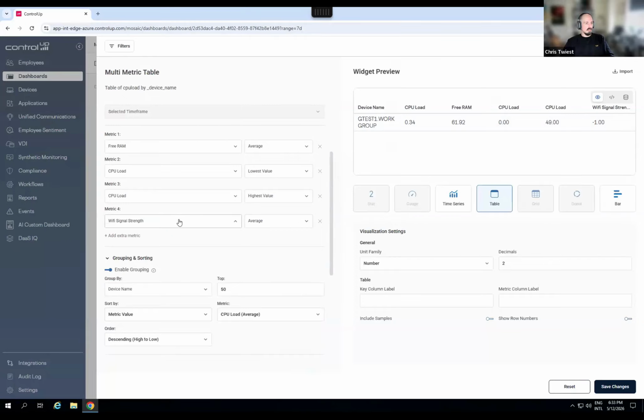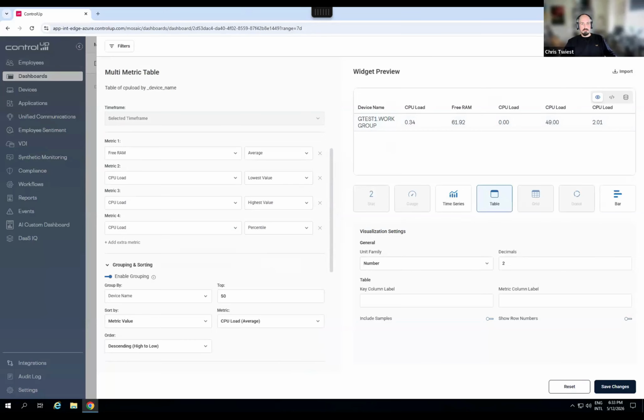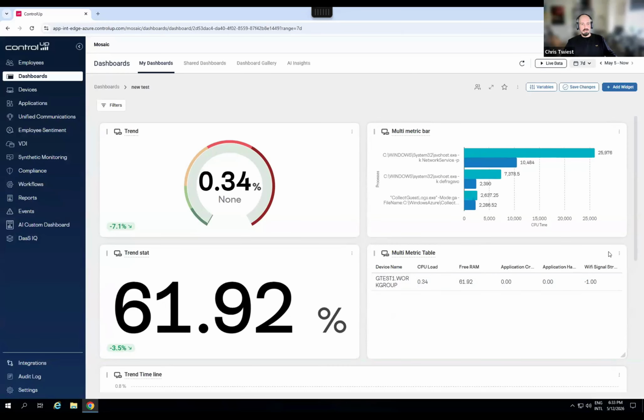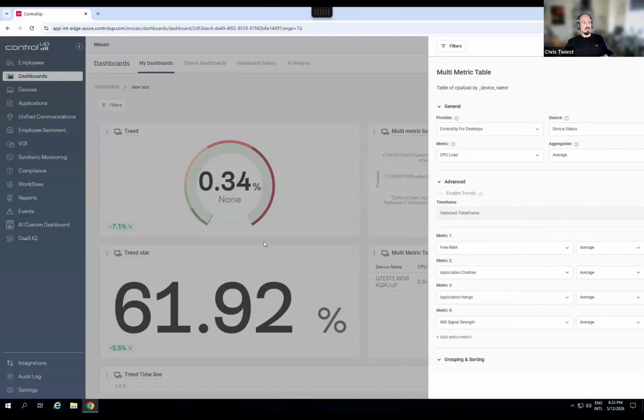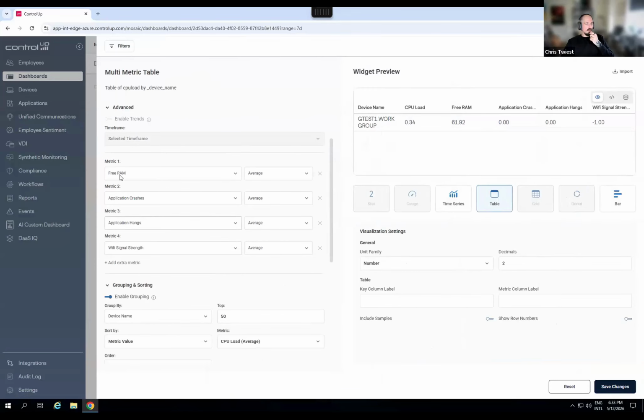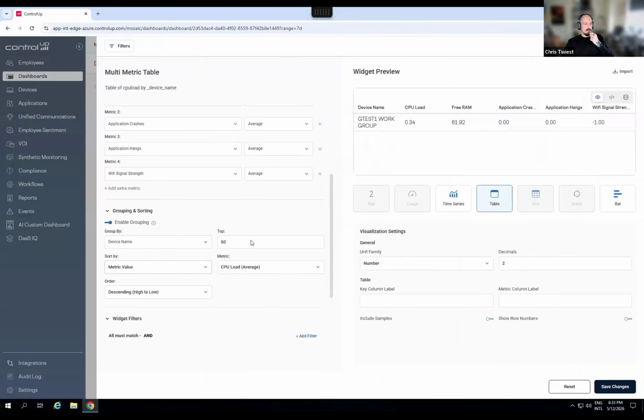And then you can also have multiple metrics, but with different aggregations. So you can offer the same metrics with multiple aggregations. So percentile of your CPU load, average. So all of this can be in one cool table now. And you can still then, even though it's multiple metrics, you can also still group them by